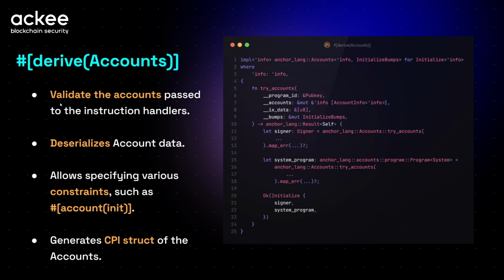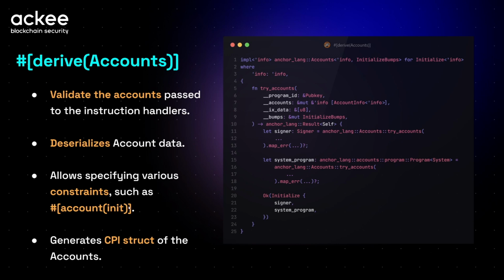So, as I said, it validates the accounts passed to the instruction handlers. It also deserializes the account data. If you expect some data account, let's say an escrow or whatever account your program expects, then it can deserialize the account data. Then, and this is important, it allows specifying various constraints such as init.